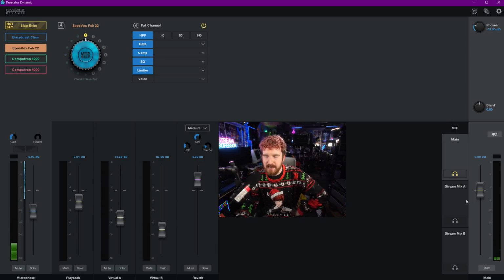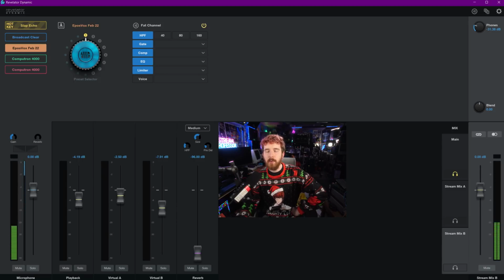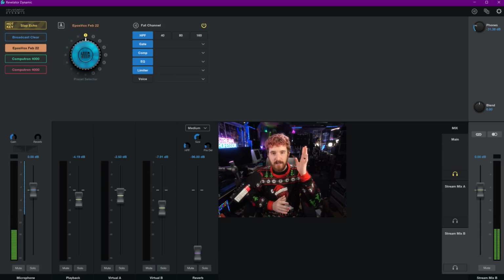So I can adjust these, and then I can come over here to the stream mix and control how I want them to sound, including my microphone. Come down to stream mix B, same thing here, and you can toggle listening to any of the mixes. This is really important because it gives you not only 2 different virtual audio devices to mix to, plus I guess the default headphone device, but you also have technically 3 submixes, or I guess 1 mix and 2 submixes, in that you can change what you hear in your headphones, you can change what, say, your stream hears, and